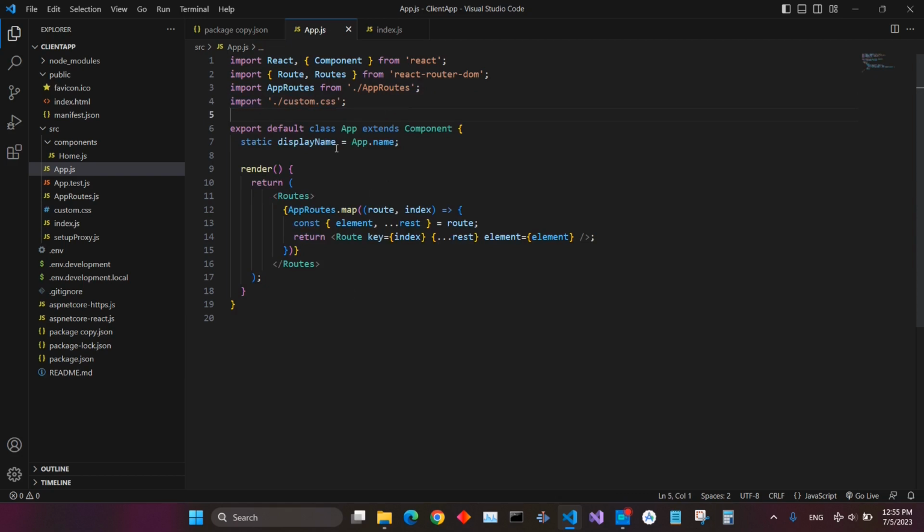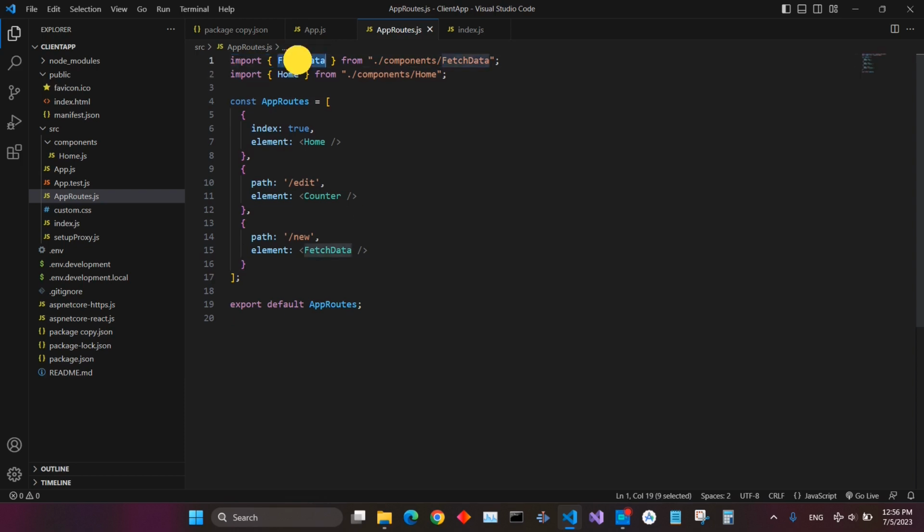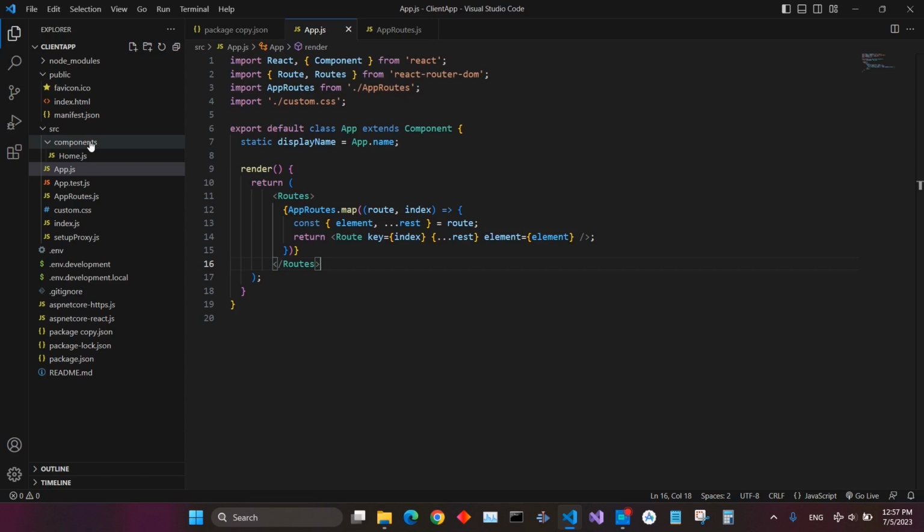You see, this is a class-based component. We are going to create a functional component using React hooks. So this is in the route, it is okay. We will add more stuff to this. We will have edit, we will have new, to add a new student, to edit a student. So we remove this. Inside the components, create these files,